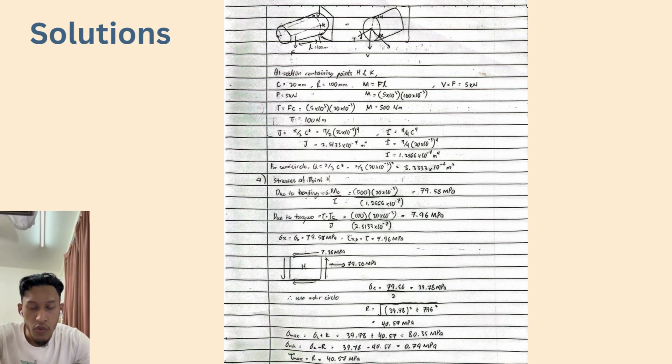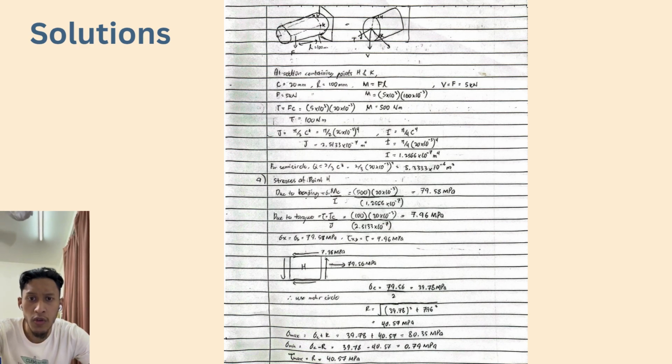So the next is we need to calculate the principal stress, max and min. The equation to calculate the stress max is stress C, which we calculated earlier, plus R. If we substitute the value, we got